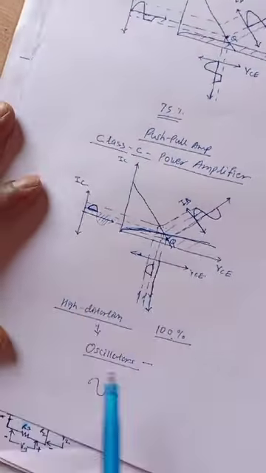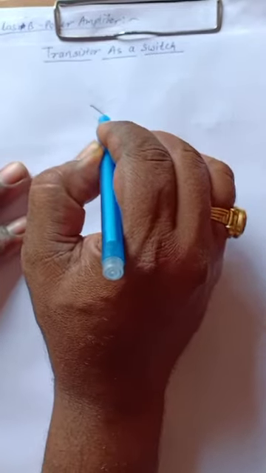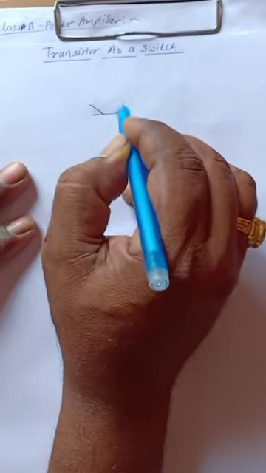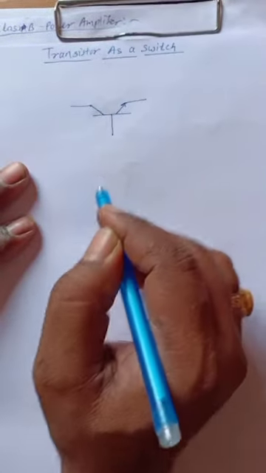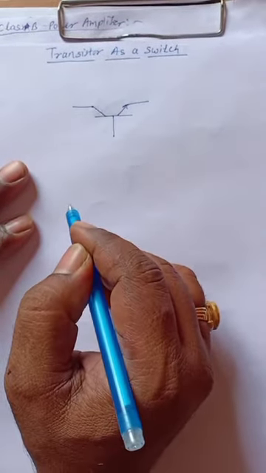Okay, now we are going to see the transistor as a switch. We know there are two types of transistor, NPN and PNP. Here the transistor's main application is as an amplifier, but sometimes a transistor can be used as a switch. It operates electrically. So this is an NPN transistor, and it acts as a switch. How does it act like a switch?